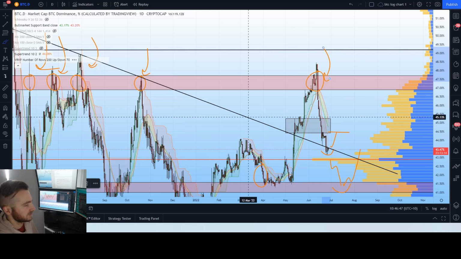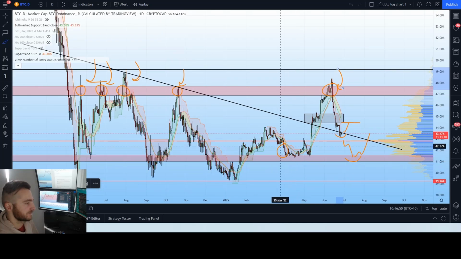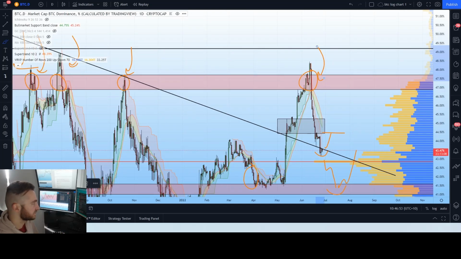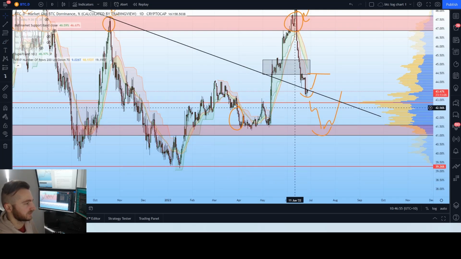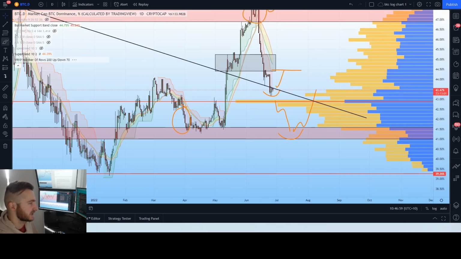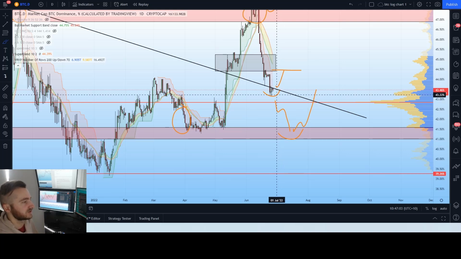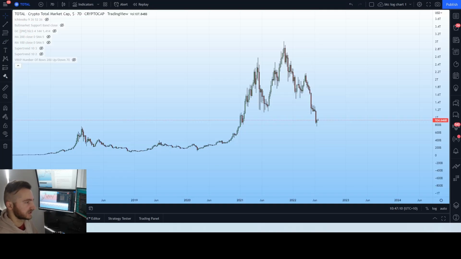We have dropped back into this falling or descending wedge, or you can even say a triangle over here. And obviously this is a bearish pattern with a lower support over here, and it is indicating that we are back in here again. Hard to say exactly what is happening here, but it is telling us that Bitcoin dominance is dropping, and therefore the amount of money in Bitcoin in comparison to altcoins is dropping on a percentage basis, because again the total cryptocurrency